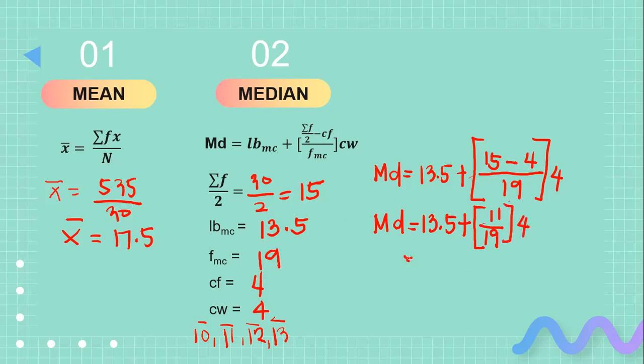So 13.5 plus 2 point, uy, wait. 2.32. Uy, ano na? Tulog siya, class. Okay, 2.32